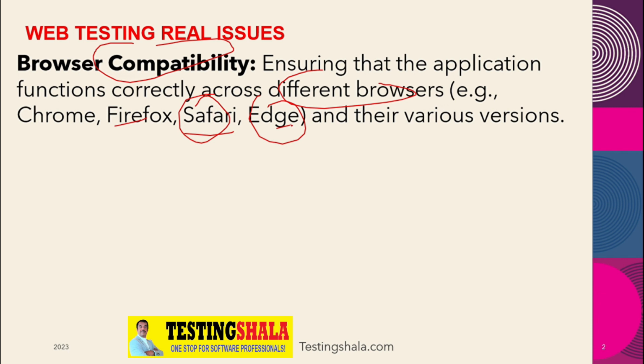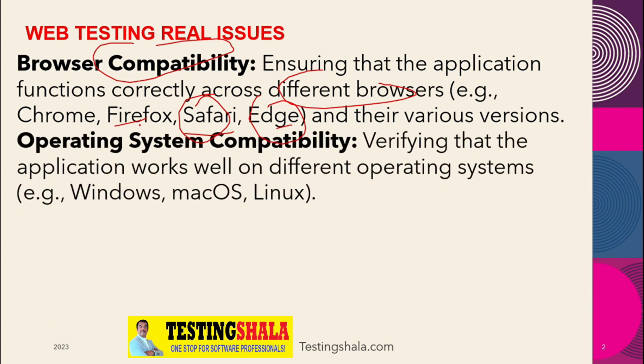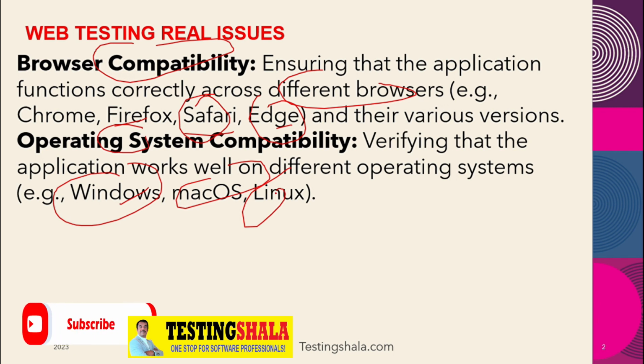Next one is operating system compatibility. Also, we have to see, as we discussed earlier for browser compatibility, similarly, we should look at whether your application works on Windows or Mac OS or Linux or Solaris and so on. If you are not able to test the application across all these different operating systems, and things are not working, then we will get into bigger challenges. Hence, it is always good to plan your testing in such a way that we cover all these possible combinations, so that we can easily certify that our application is compatible across various browsers as well